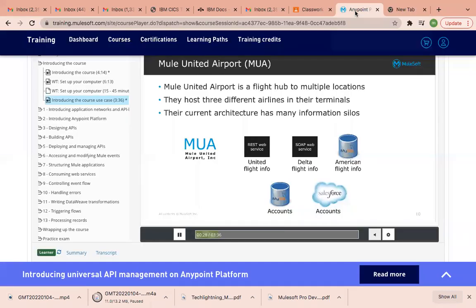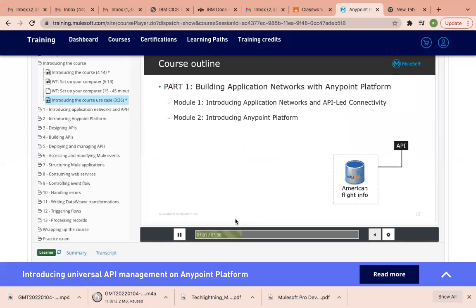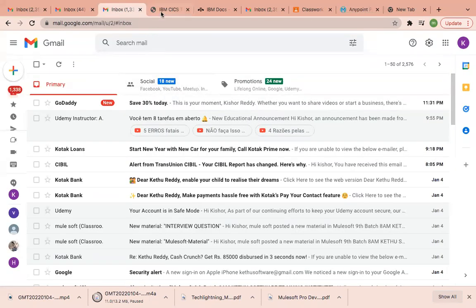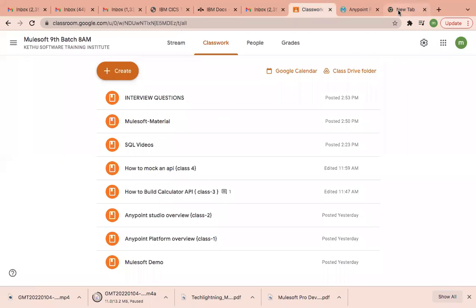After completion of the video time, 3 minutes 36 seconds, don't forward it. If you forward or move like this, you will not get the tick mark. Understood? Yes. So after completion of this 3 minutes 36 seconds, you will get the tick mark. In the meanwhile, you can go to your emails or any other tabs, whatever you want. That is up to your wish. Or else, if you want to watch it, that is fair enough.